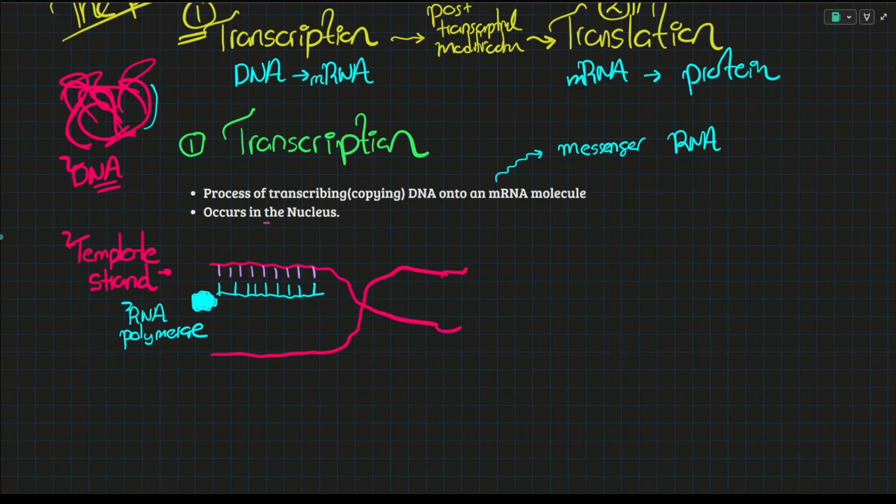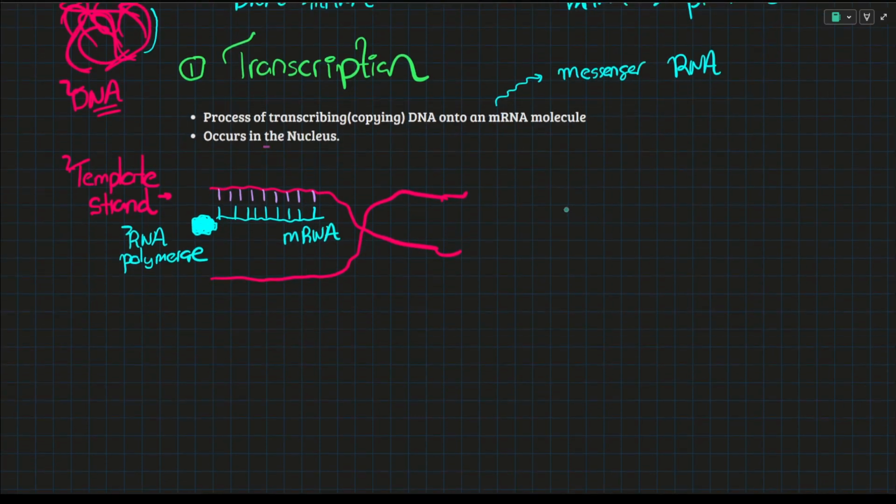RNA polymerase is just the enzyme that you need to produce a small strand of messenger RNA containing a gene, containing a sequence of the amino acids that are going to produce a polypeptide or a protein. Here it's just this mRNA strand. Now I have my mRNA strand. So that was the ultimate goal. So let's look at what exactly happened here in a little bit more detail.